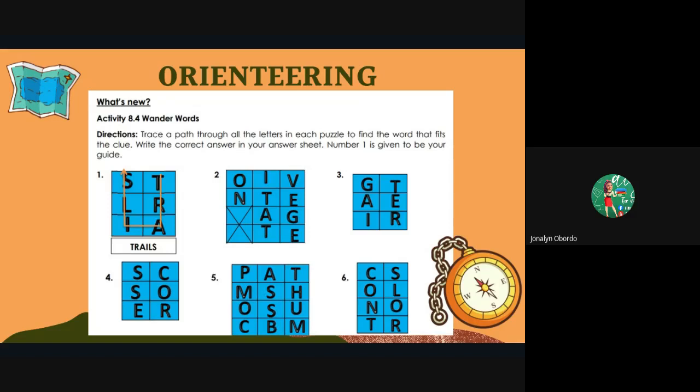So you have there all the letters and they are all giving you the clue. All you have to do is to just write the correct answer in your answer sheets. Diba? Enjoy nyo lang yung activity na yan. And please take note that number 1 is already given to you as a guide. So ano kaya ang sagot sa 5 pang mga sumusunod na word puzzle na nandyan sa ating activity Wonder Words? Ayan. Yan ang inyong exciting activity na gagawin during our asynchronous time. Okay po, so tuloy-tuloy lang po tayo, my dear students.